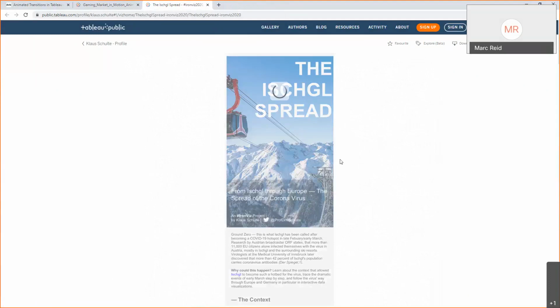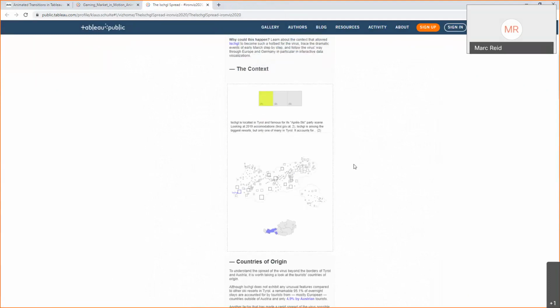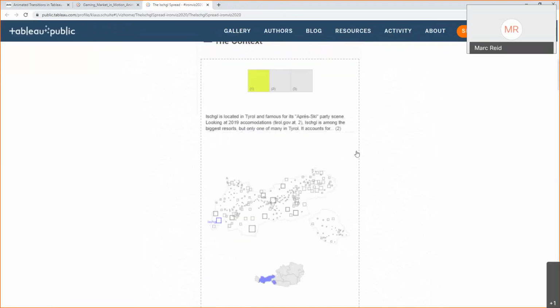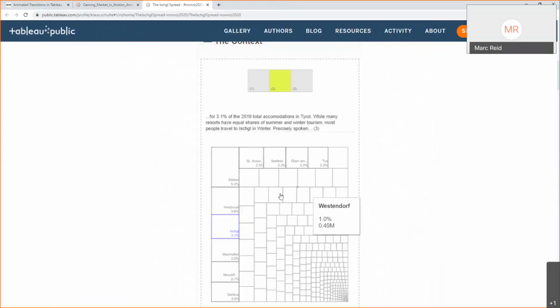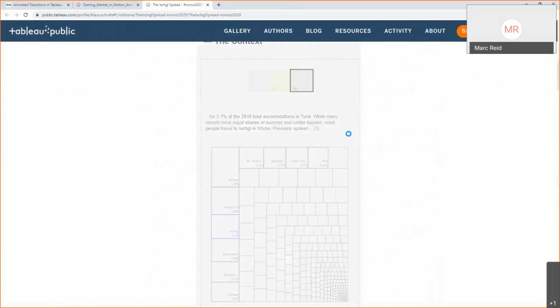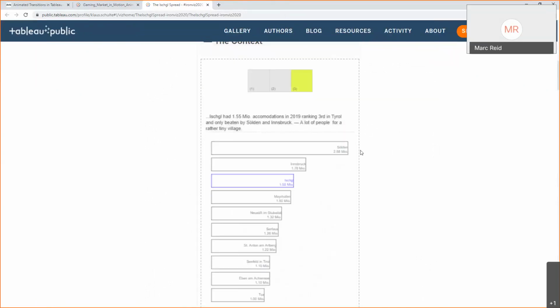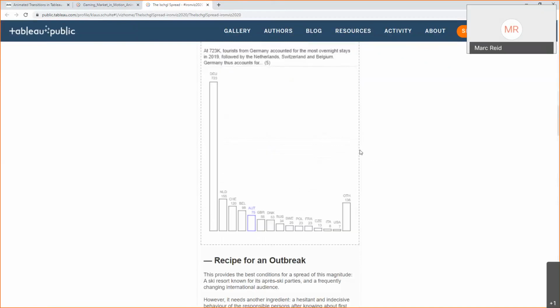So Klaus did this in a mobile format, and did this for the recent IMVs. You can see a minute here, and you can see that as we step through here, for example, these squares on the map will then transition into this tree map, and then they transition into these bars that you can come up shortly. And there's a bunch of other animations that Klaus has in here.